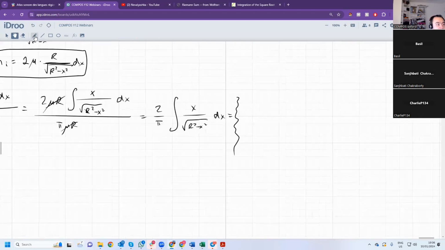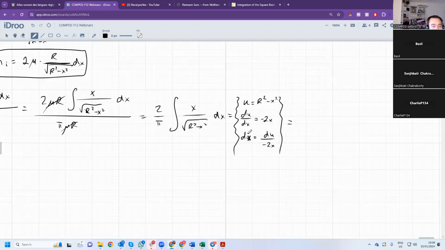Okay, and we need a substitution here. So u is r squared minus x squared. So du dx, we differentiate and it's minus 2x. So du is, well, dx, we express dx as du divided by minus 2x. We plug that in. So it's 2 divided by pi integral